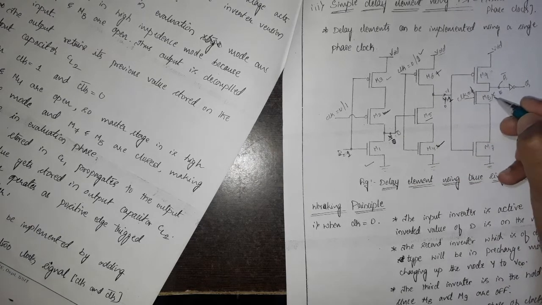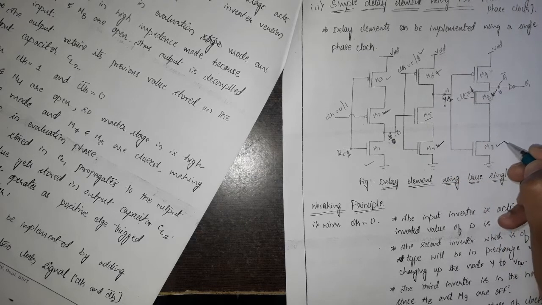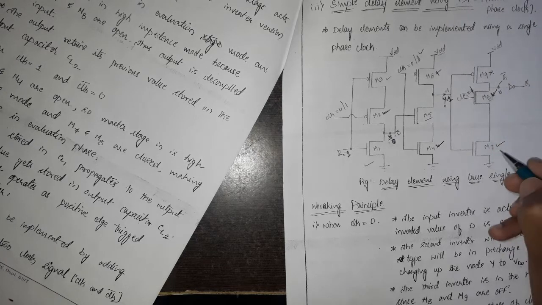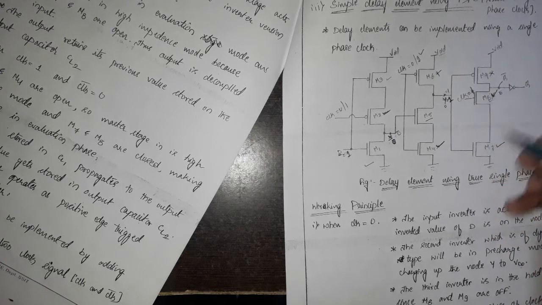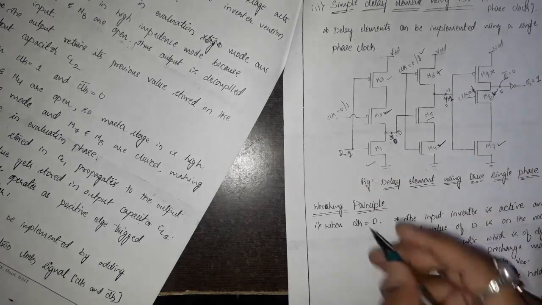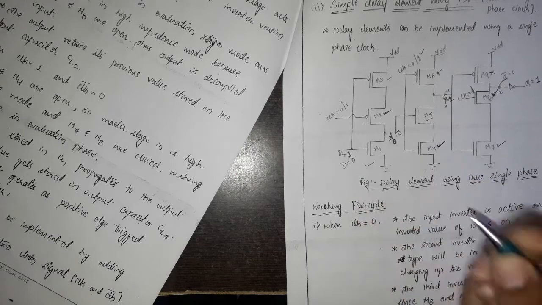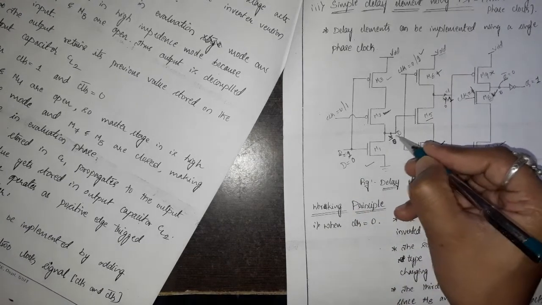Now clock is 1 means M8 will be in on condition, Y is 1, which makes M7 to be in on condition, and this will be in off condition. So these two are in on condition, so Q bar will be logic 0, which has been passed through an inverter to generate the output Q, whose value is always equivalent to the input value. You can observe here, if the value of the input is assumed to be 0, then X,